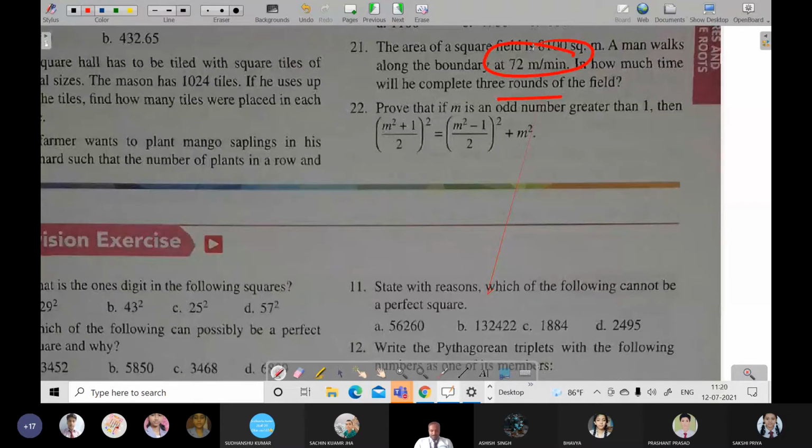Getting it? Yes, sir. So will you be able to make it? I am trying to solve, sir. Okay. Those who had solved this question today, very good. Those who had not solved, okay, they will try. If they get a problem, they can ask me. Okay. Further, any more problem in the revision exercise or in 3.2 or in the chapter anywhere else?